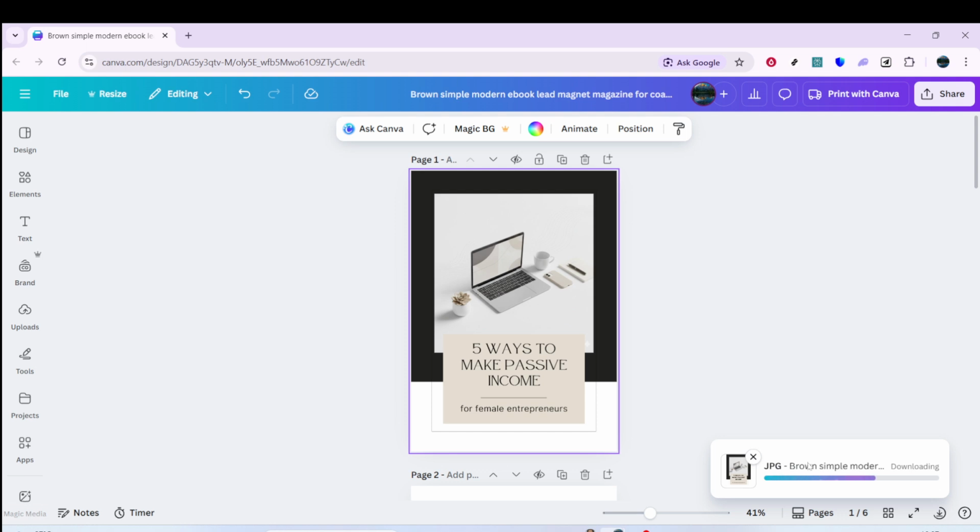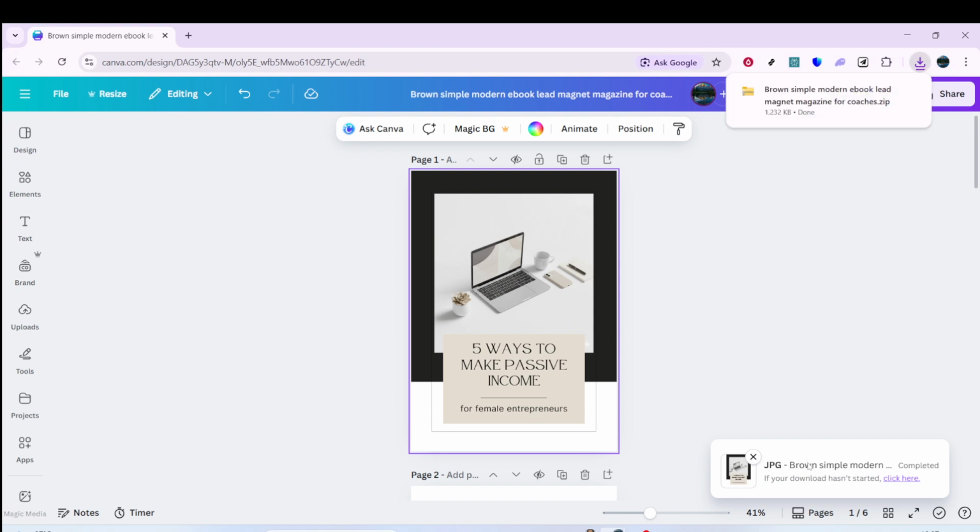That's it. You opened your design, dragged in a new image from Photos or Uploads, adjusted the background color from the top toolbar, and saved your updated file through Share and Download. Simple, fast,